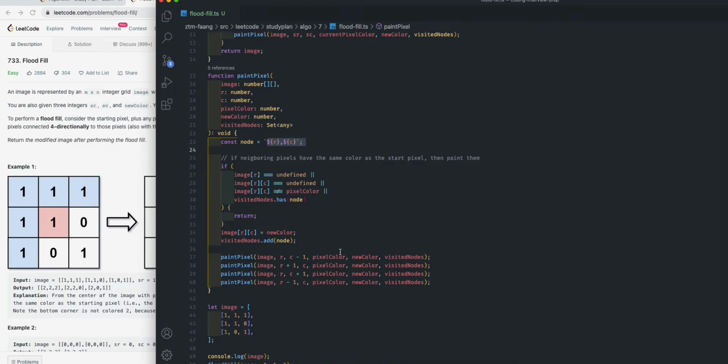It also helps with optimizing the recursion function. And if any of these cases happen, what we want to do is just return. We want to do nothing. Otherwise, which means the pixel is there, it's a valid point on the grid. It also has the same color as the original